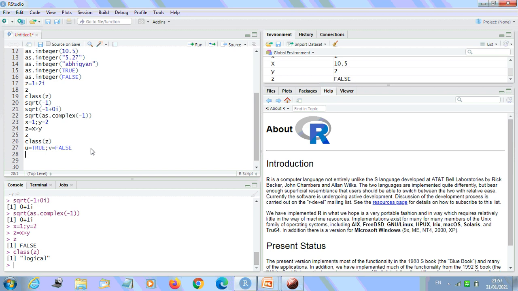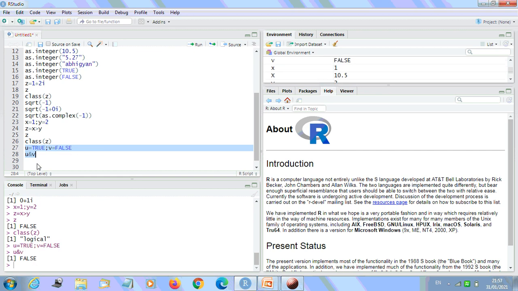So now u and v, we use that operator, the AND operation. Let me execute it. So it is FALSE. TRUE and FALSE gives FALSE in AND operations.